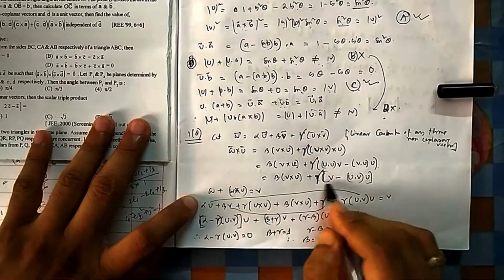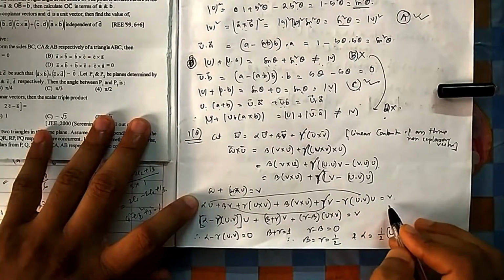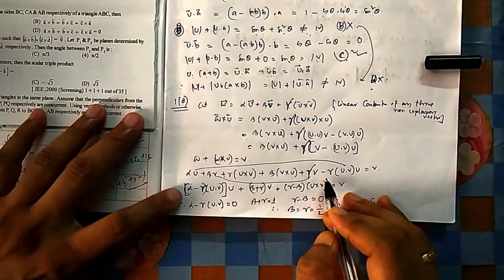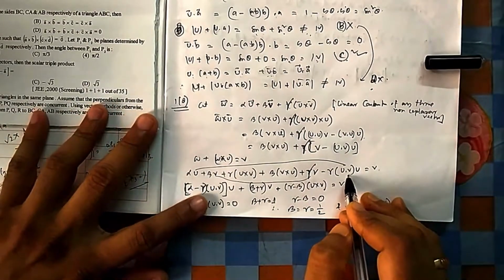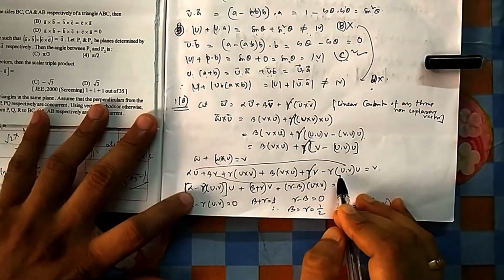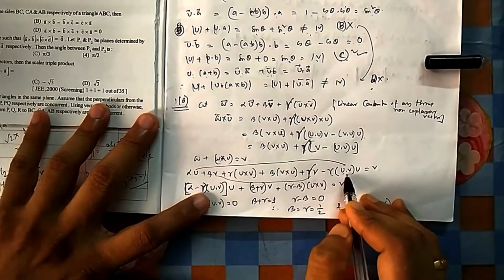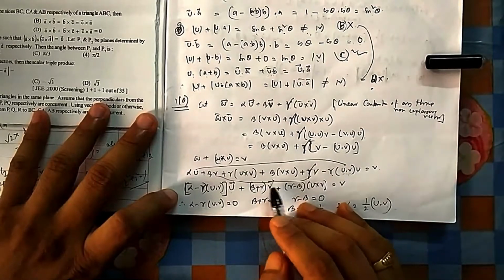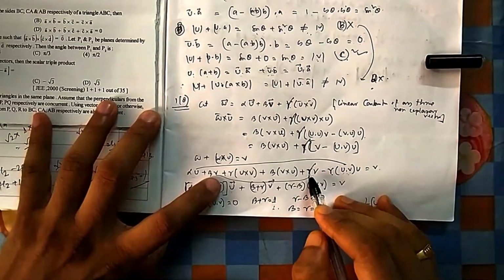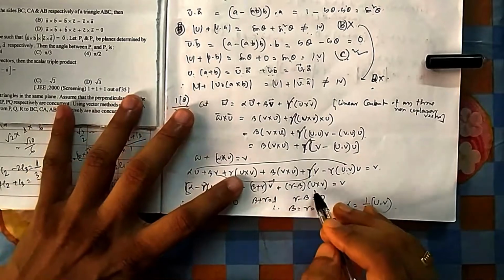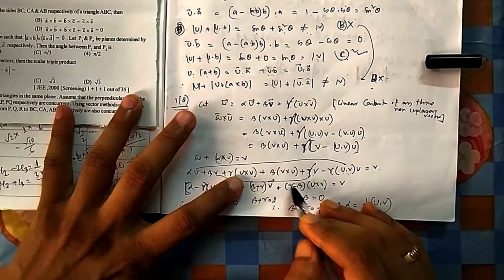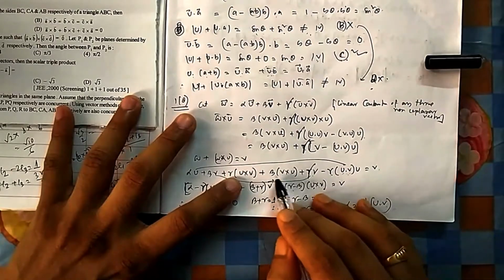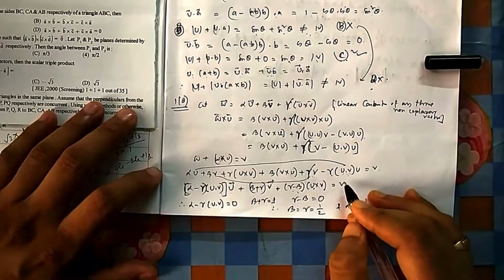So this is gamma, so gamma v is equal to v. Now if you take u common, all scalars, then alpha plus gamma u dot v is with the u vector, and with the v vector, beta plus gamma, and this is with the u cross v vector. Then you have to change the sign there, that's why it is minus beta. That is equal to v vector.